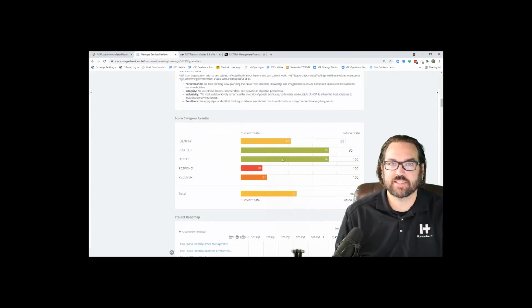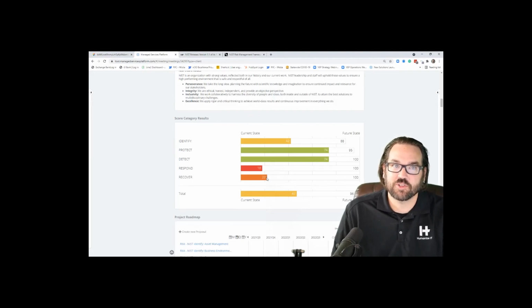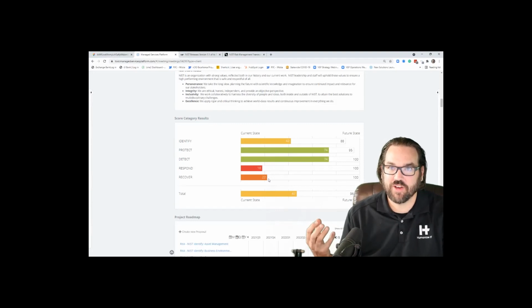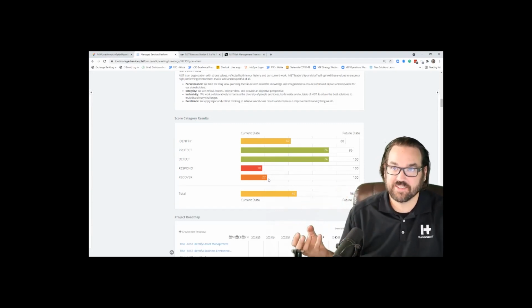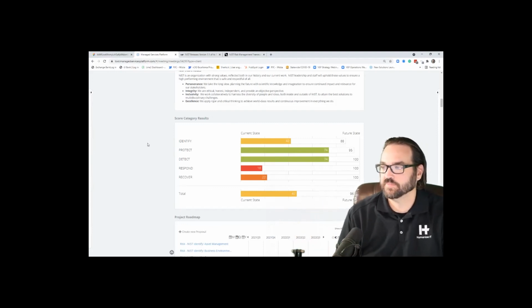They can literally see that they are in the red zone for the respond. They're only doing 18% of the possible controls for making sure that they can respond to an event. They're only doing 22% of the recommended controls for recovery. These are things that they can see. Now it's not just you trying to justify it. It is NIST justifying it for you. Yep. And now you've got a project that is backed by an independent source. So that is